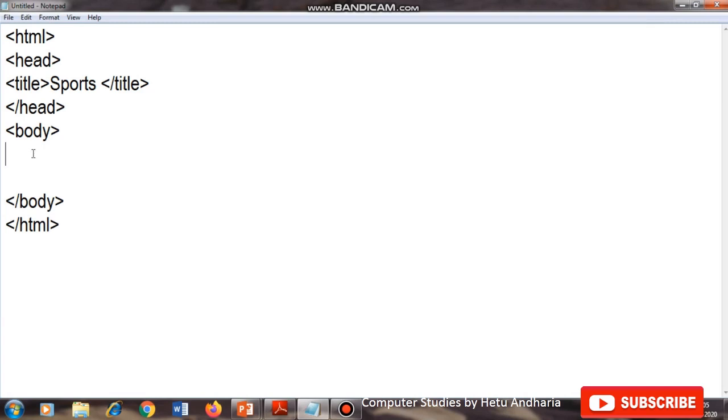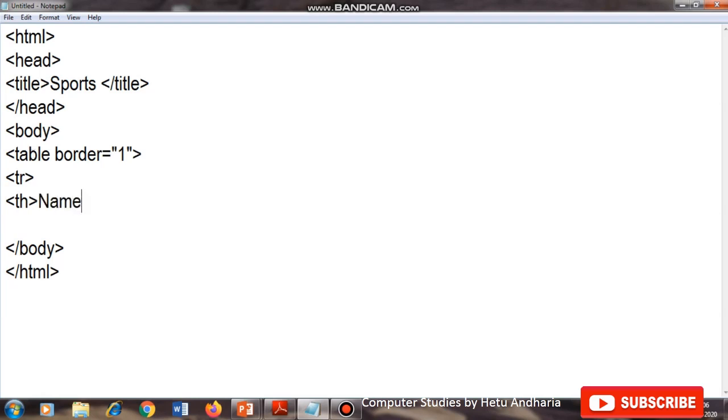So first, to create a table I will use the tag table border equal to 1. Since I don't want to change the color of the whole table, I am not writing the attribute bgcolor here. Now I insert the first row, tr. In that I want to give the heading, the name of the players, so I type th instead of td.